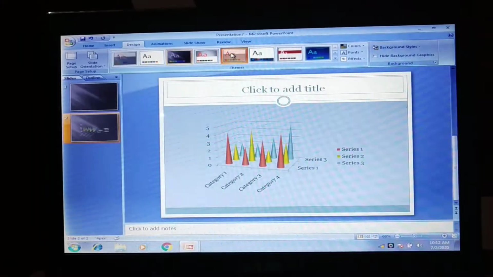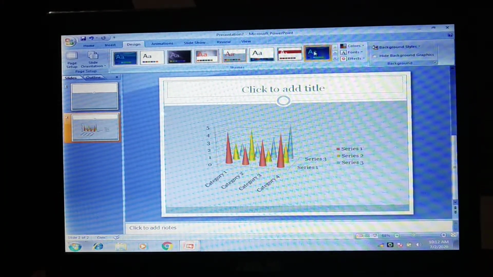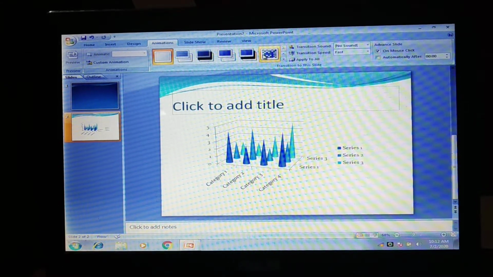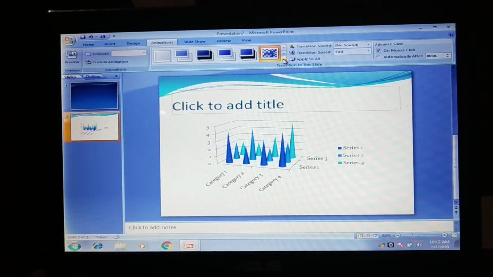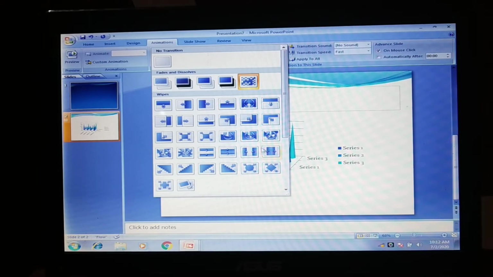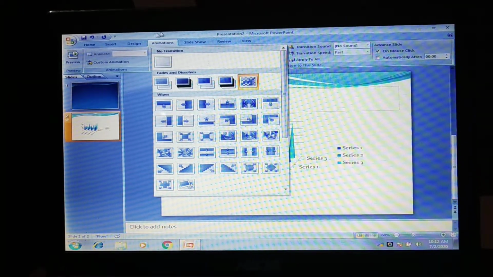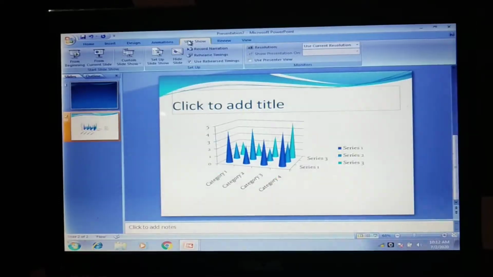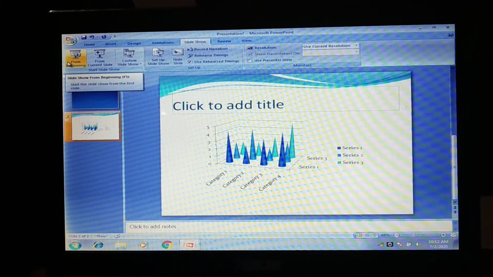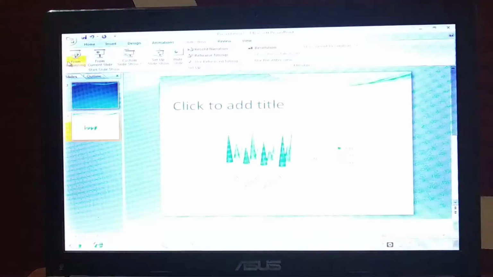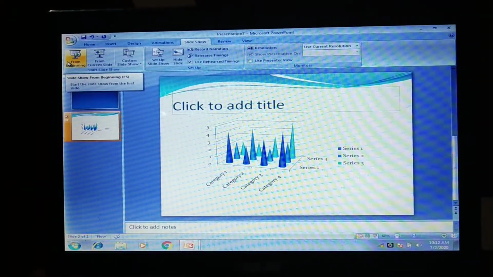So many designs are there. According to your choice, you can add. You can go to animation and then put some animations. Apart from this, other animations are also there. You can put these things, and then finally make the slideshow run. In this way you all can do.